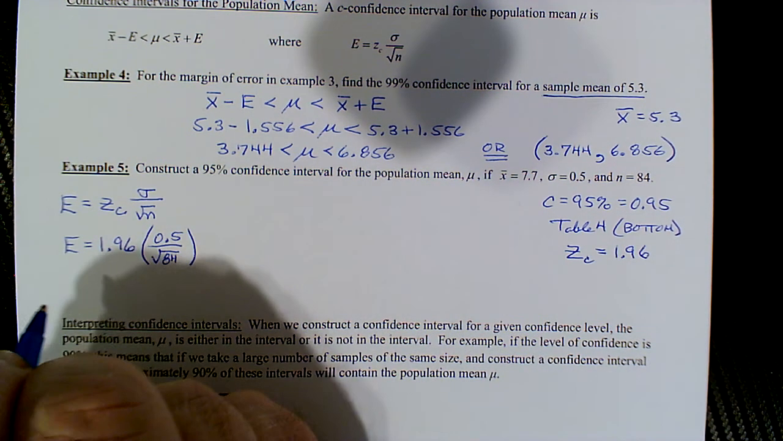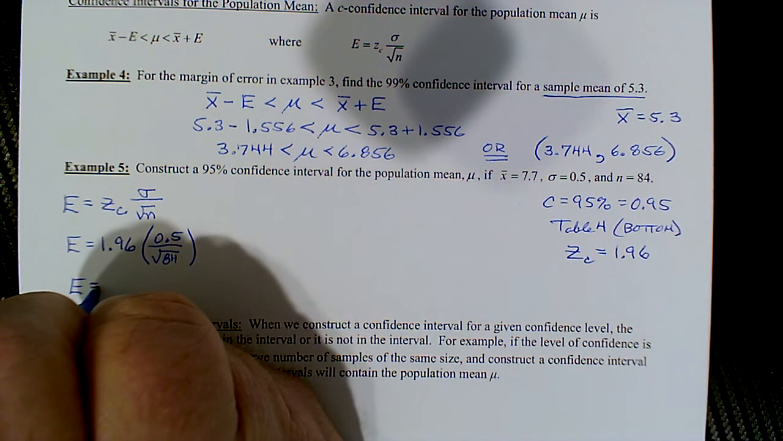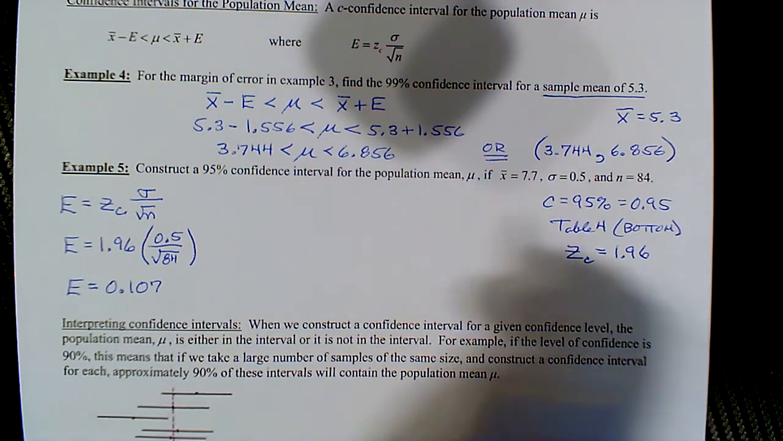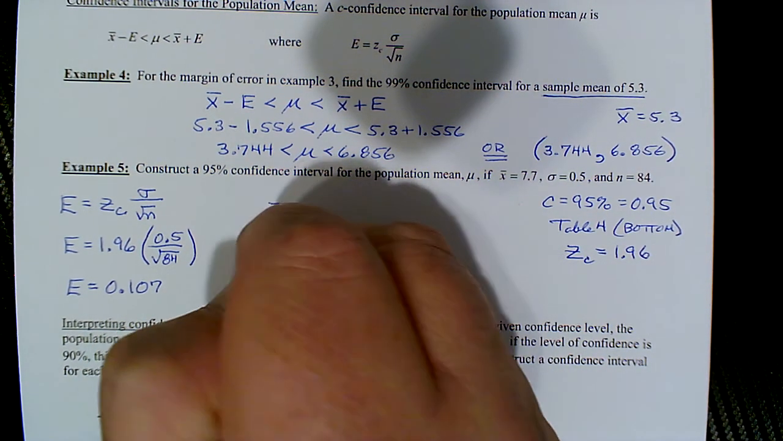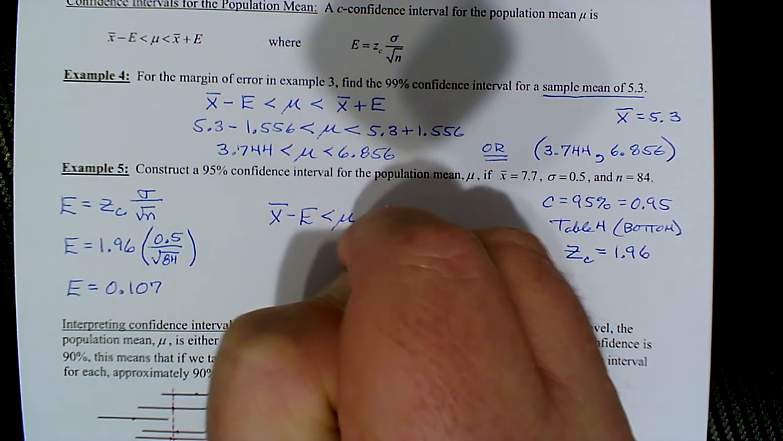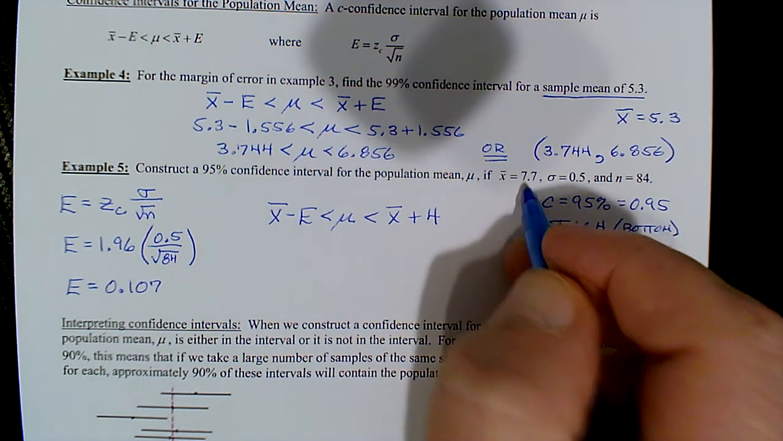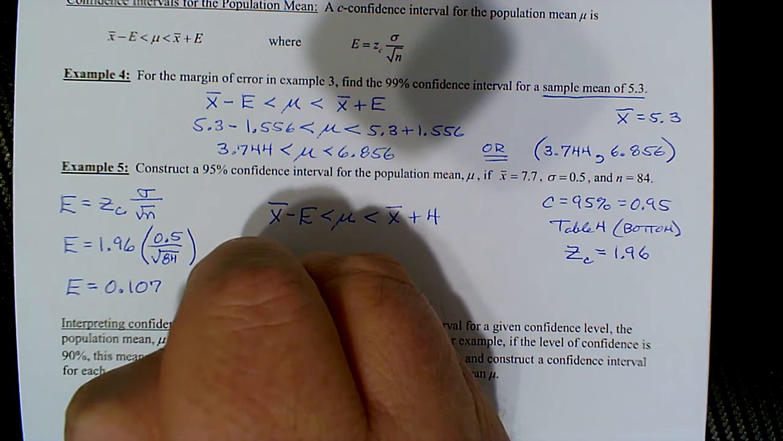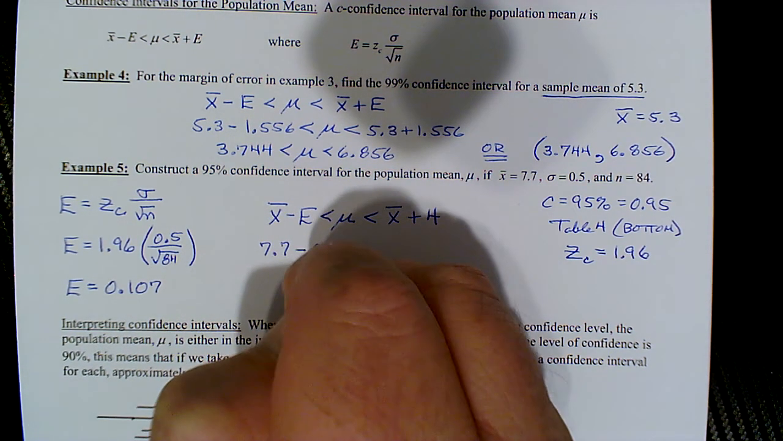Okay, so then we just crunch that down. I'm going to round to 3 decimal places, and we get 0.107. So now for the confidence interval. Again, I always like to write the formula. X bar minus e is less than mu, which is less than x bar plus e. And we are given the sample mean x bar was 7.7. So therefore we'll have 7.7 minus e is